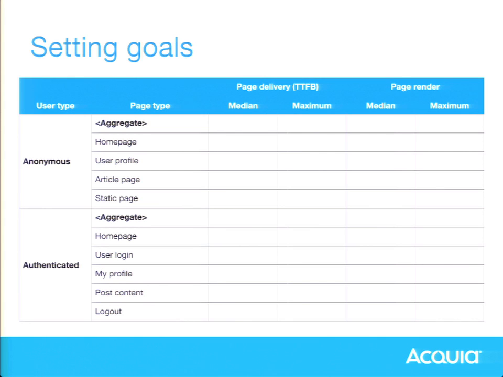Maximum is an important concept, though, because just like on the last slide, as there are unknowns, never is almost impossible to actually enforce or really realistically get. So maximum usually does not mean never above this. Maximum usually means 99% of requests, 99.5% of requests. Some sort of number that is an effective maximum, maybe is a better way to think about it. If there's 1 in 100 or 1 in 200 requests that just happens to be bad, then that just comes out in the wash over the course of however many hundreds of thousands or millions of visitors you get. So maximum is not a statistical maximum, it's an effective maximum.